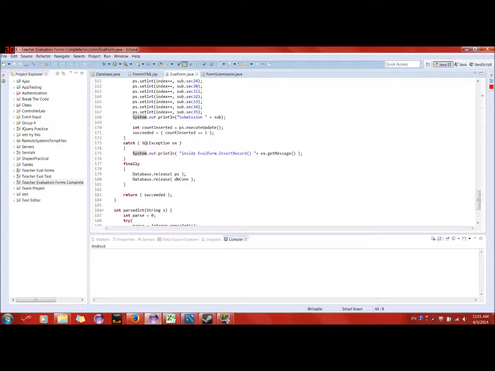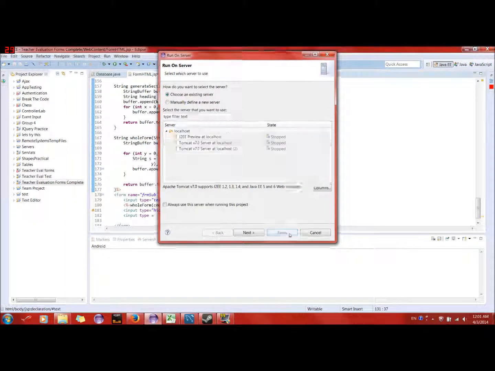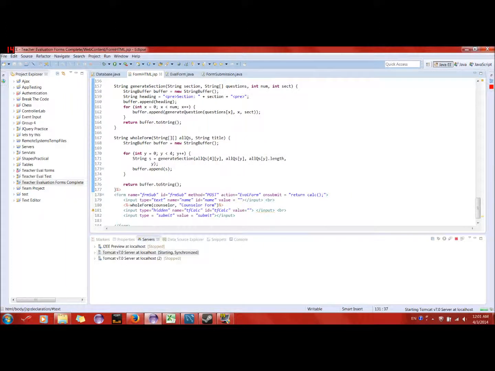Now I'll go through here and we'll run it quick just to demo how it works. I'm just running this on localhost right now. The client will of course change that because they'll be running it on a